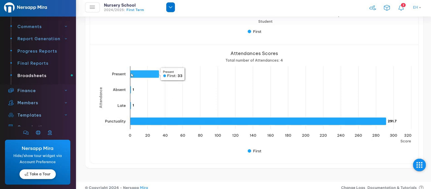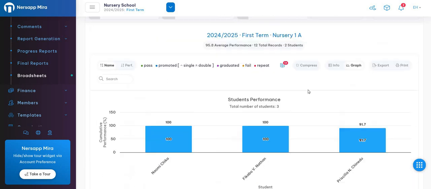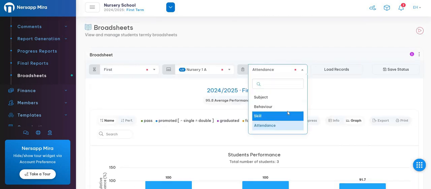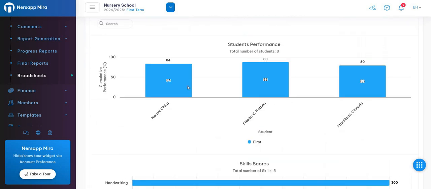In this case, when you see present here, that means they are more present than absent and late. That means they are doing well. In terms of punctuality, they are also doing well, because the score here says 291.3, almost 300. If we switch to skills, you get different information in terms of their skills performances and also